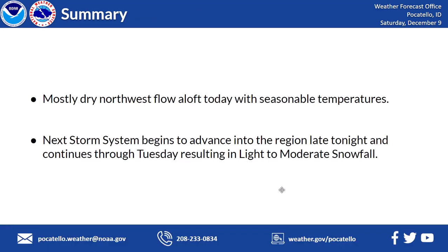In summary, we have a ridge of high pressure developing along the northwest coast that will bring us a northwest flow aloft across southeast Idaho with seasonable temperatures. The next storm system begins to work over the top of that ridge late tonight, with moisture spilling into the central mountains and northeast mountains, with a lot of that activity continuing Monday and Tuesday, resulting in light to